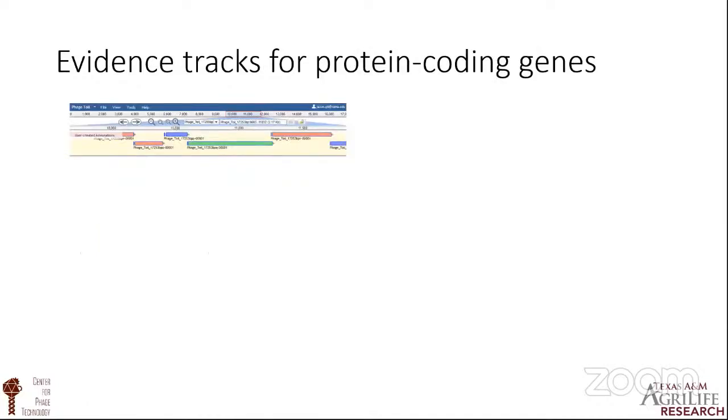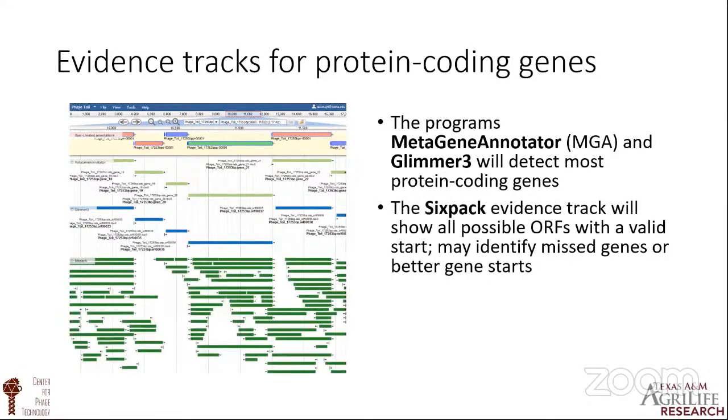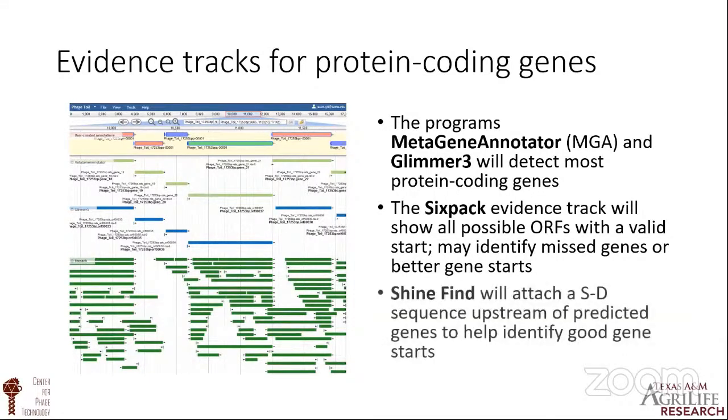This is an example of output from the structural workflow in Apollo. The outputs shown in these two tracks are from Metagene Annotator and Glimmer3. These will detect most of the protein coding genes in your phage genome. The 6-pack evidence track will show all possible reading frames with a valid start and greater than 25 codons in length. All of these outputs have already been run through ShineFind to add any Shine-Dalgarno sequences associated with those reading frames. Most of your gene calling should be done from the Metagene Annotator and Glimmer tracks, but 6-pack can be